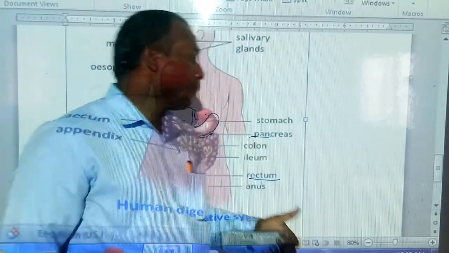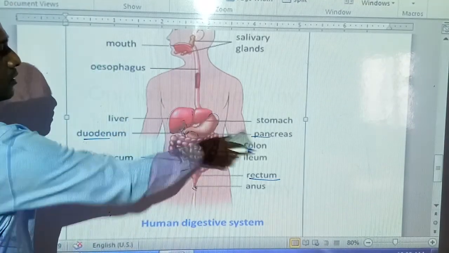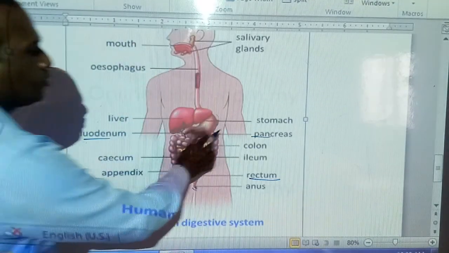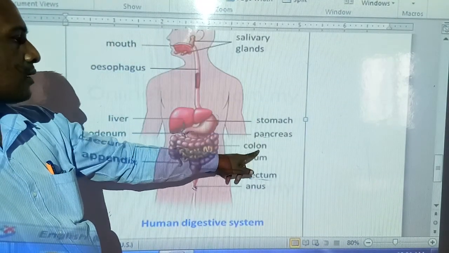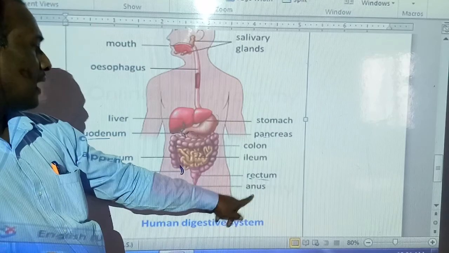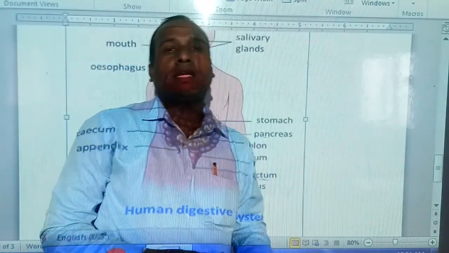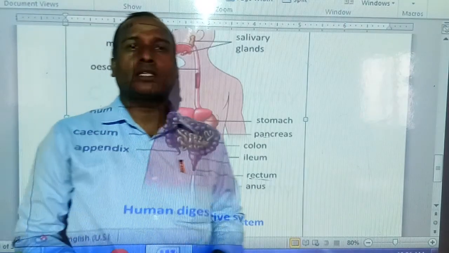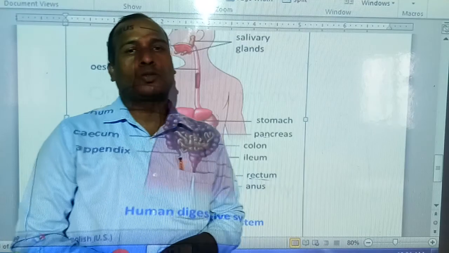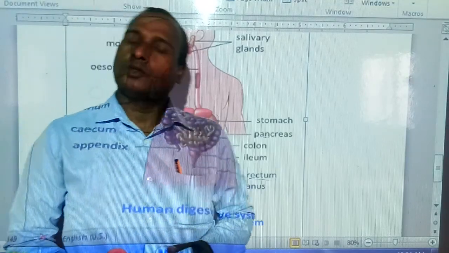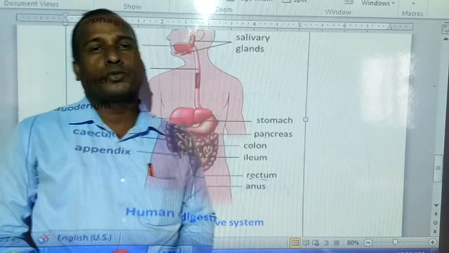Okay students, this picture is also in your books, and you should draw these pictures and mark the parts. Where are the mouth, salivary glands, stomach, pancreas, rectum, anus, esophagus? Generally the 7 organs and 3 glands must be mentioned, with the place of each and the diagram. You should write this and draw the diagram in your notebook. Thank you all of you.